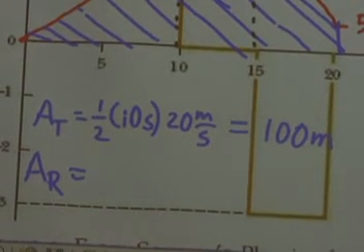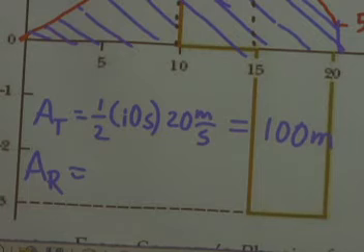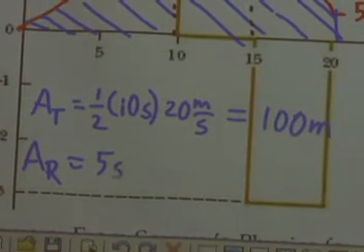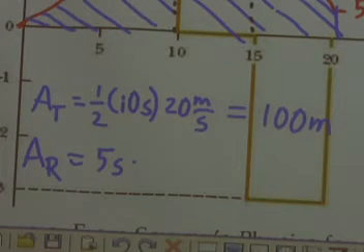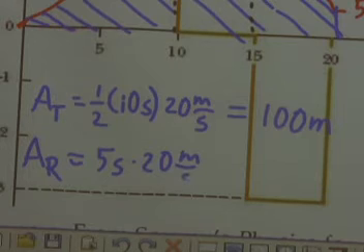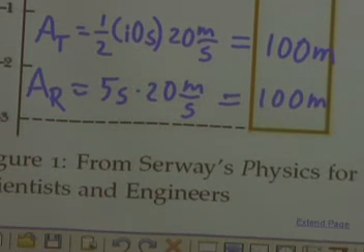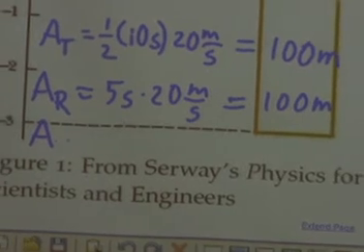is going to be equal to the width of the base times the height, so that is 5 seconds, times the height, which is again 20 meters per second. So during those 5 seconds, the object moved an additional 100 meters. And finally, the area of the trapezoid, and I'll put, let